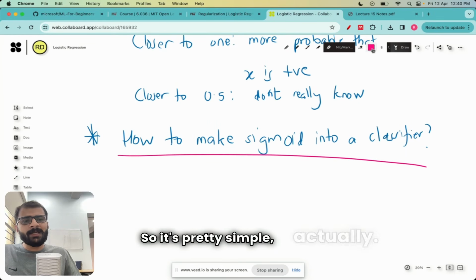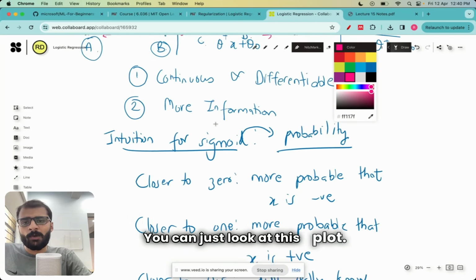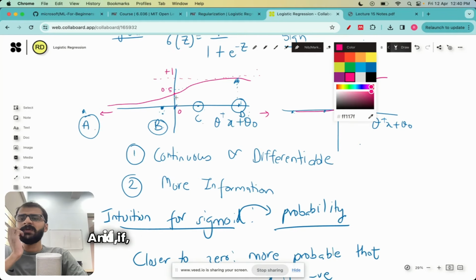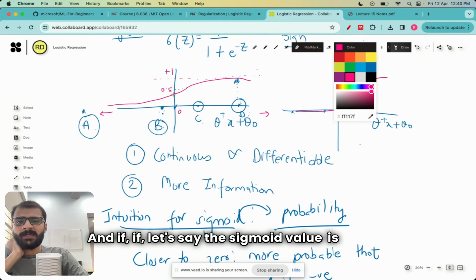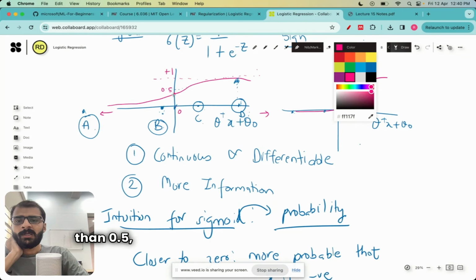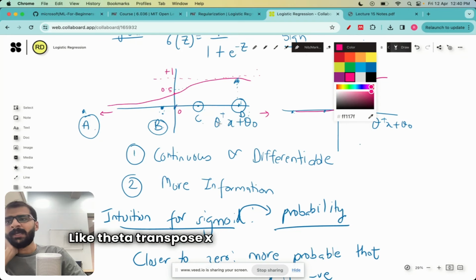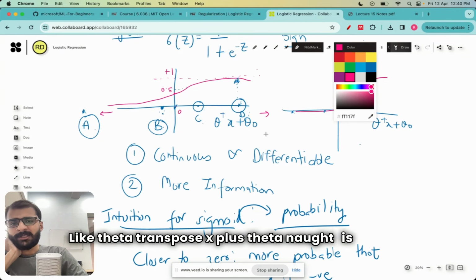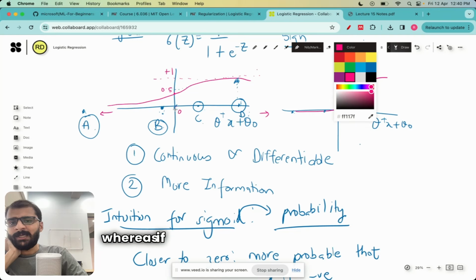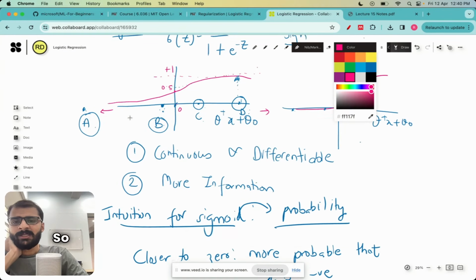So it's pretty simple actually. You can just look at this plot, and if the sigmoid value is greater than 0.5, it means that the input is positive, right? Like theta transpose x plus theta naught is positive. Whereas if the sigmoid value is less than 0.5, it means theta transpose x plus theta naught is less than 0, correct? So basically,